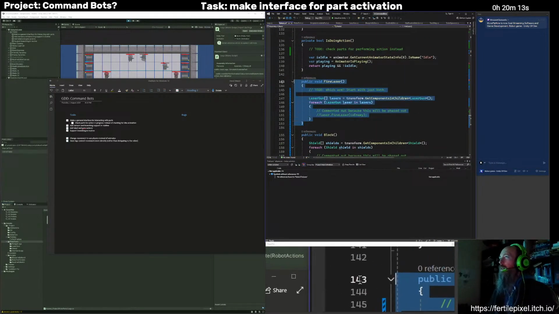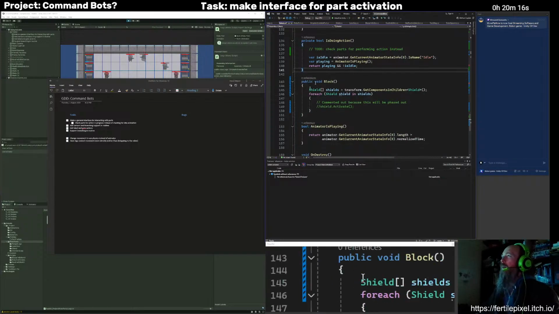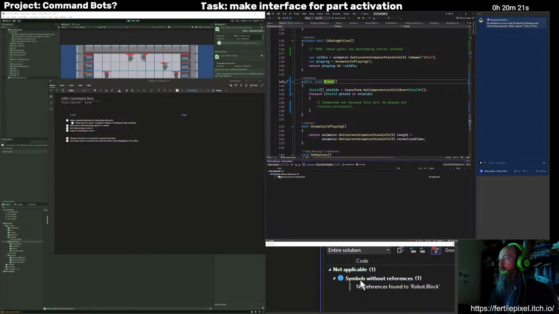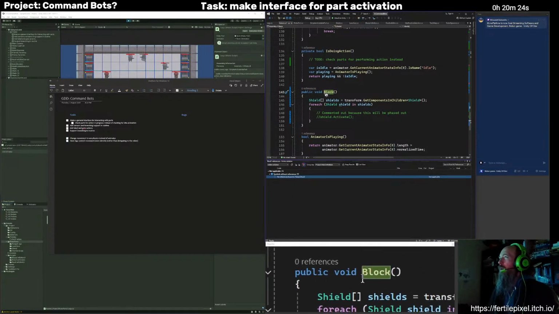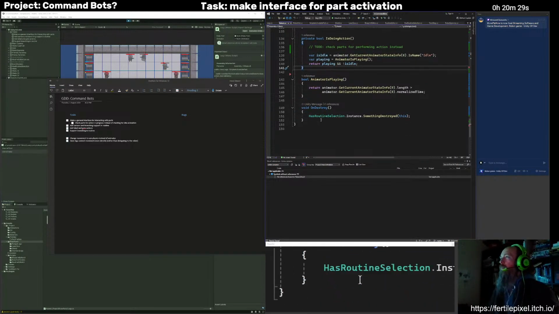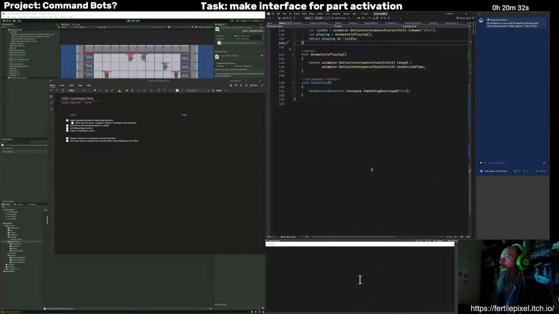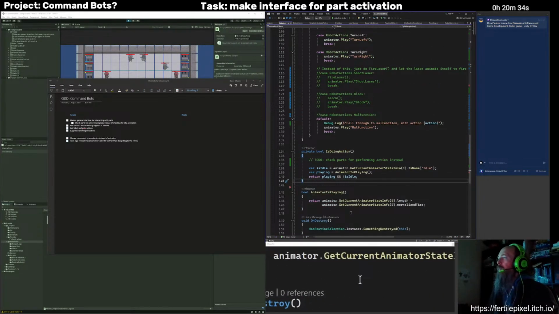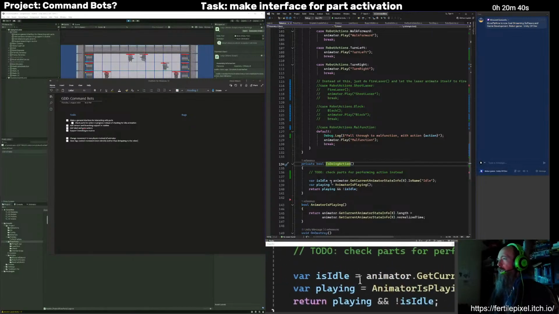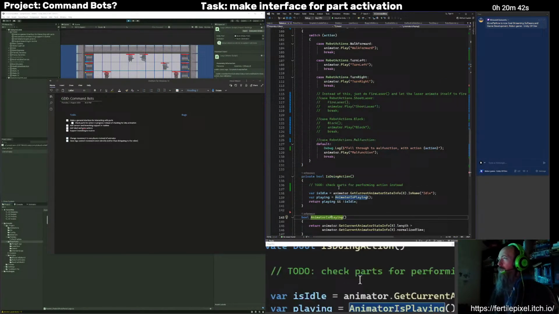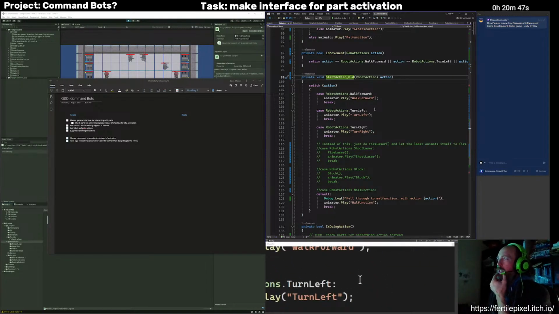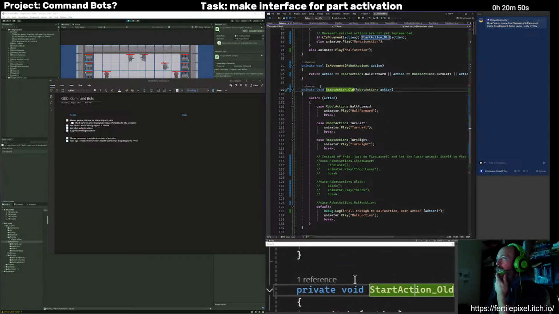Let's just delete that. It's not used anymore. And I believe probably the same with block. Yeah, so we can get rid of that. The robot doesn't need to know. It just needs to generically use parts. And it might not even need to do that, because that's what's used to do that. So that's our old start action, and this is literally still around